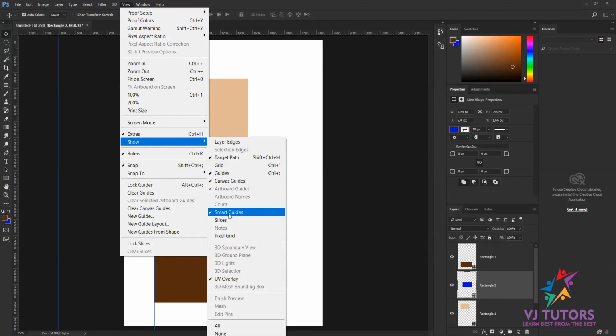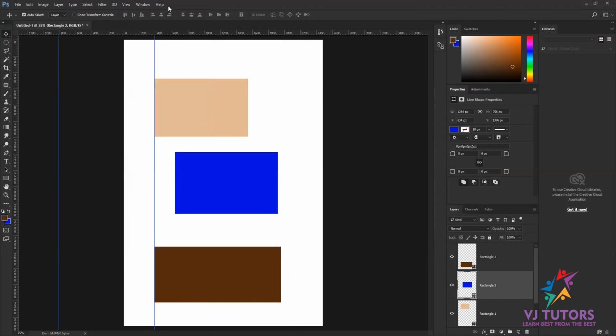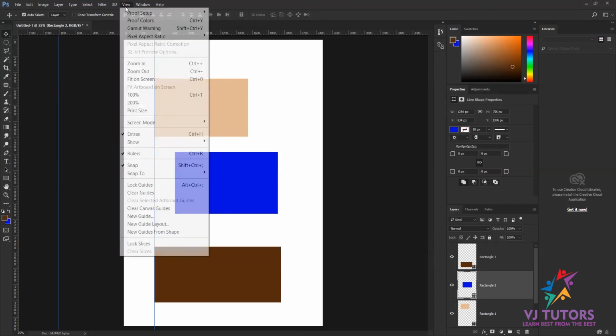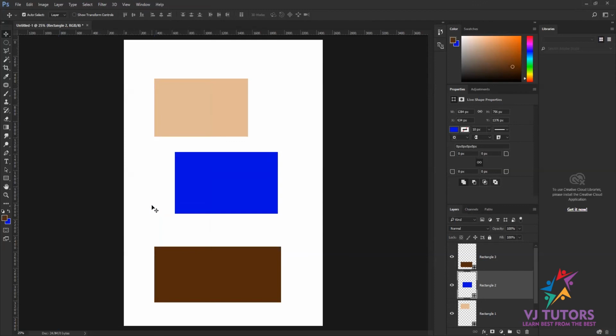For the smart guide you don't have any shortcut key, but you can click here to view your guide or to disable your guides. Or if you don't want any guideline, just go to view and click on clear canvas guide, and it will automatically be disabled.